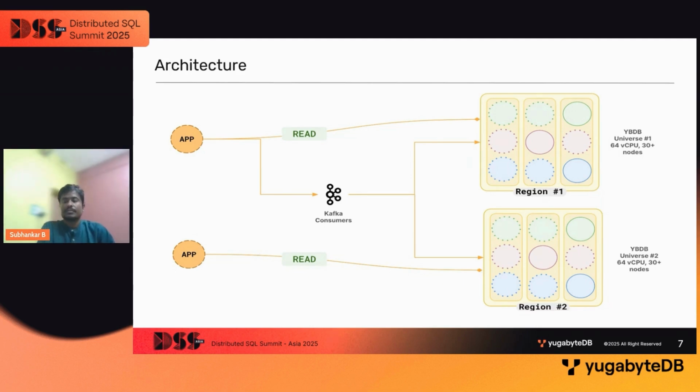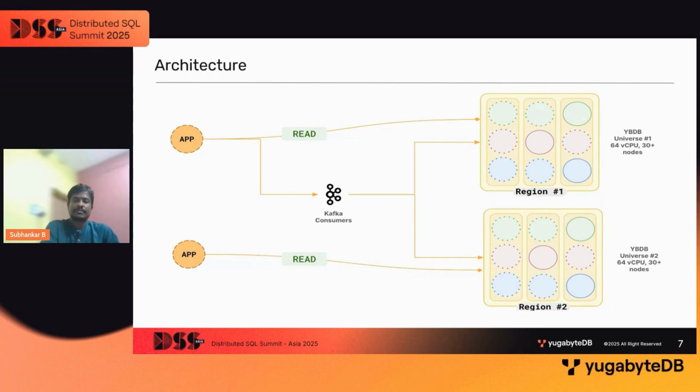So each cluster has 30 plus nodes. Currently it has 30 nodes, and each node has 64 vCPU. So 30 data nodes, each data node has 64 vCPU, and we have 3 master nodes in every YugabyteDB cluster. We started with 9 nodes, and we kept gradually increasing the nodes as our ingestion throughput grew. We had to match our ingestion throughput rate, so we kept adding new nodes every other day,